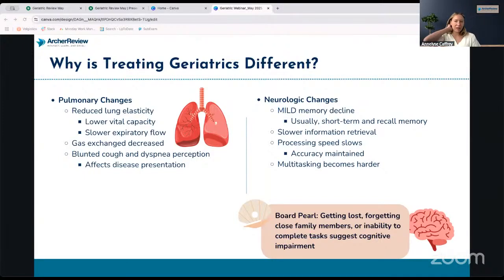So for me, usually in the clinic, and on boards too, the first indication that there's an issue is often that family members say it, or they report they're getting lost. They can't drive to the grocery store anymore because they forgot the route there, and they've been driving to that same grocery store for 10 years. They forget close family members' names. That's all indicative of an underlying issue, not just normal changes, because what's normal is that everything slows down. It's like an older car is the analogy I use, which I wonder if is offensive to an older population. I don't mean it in a bad way.